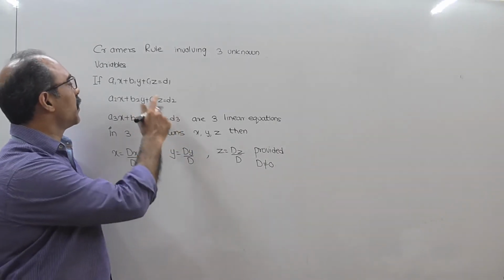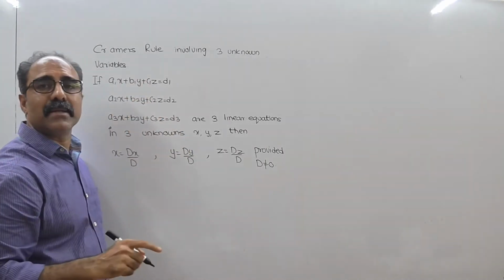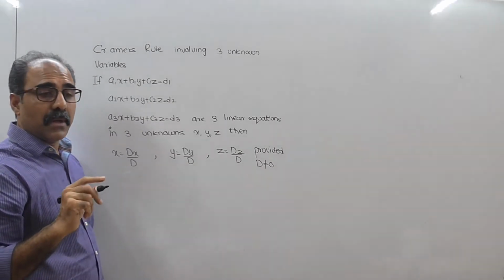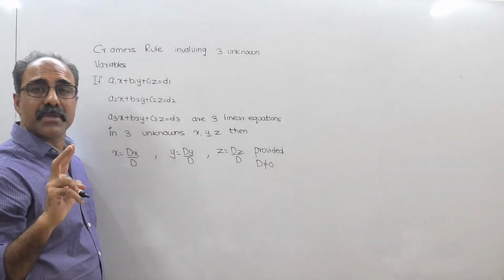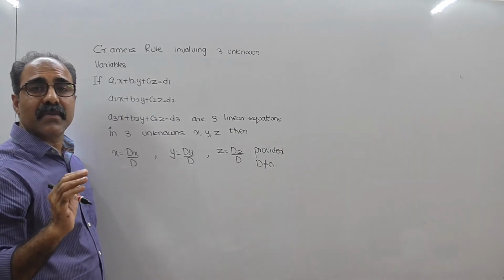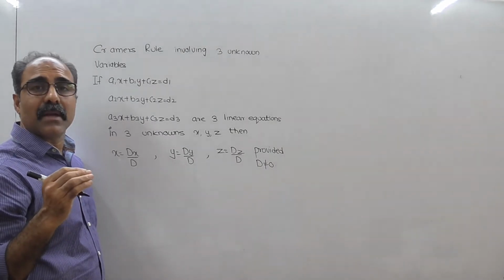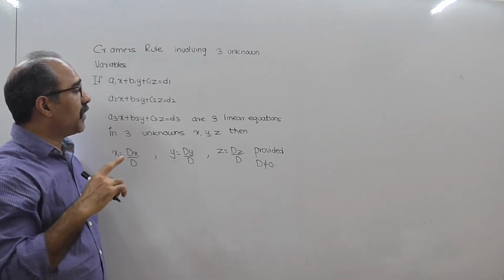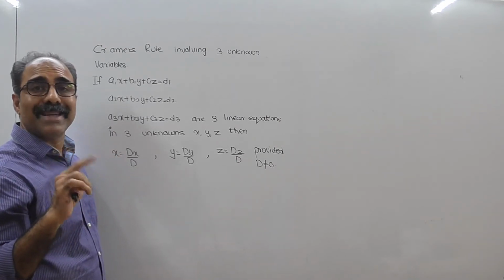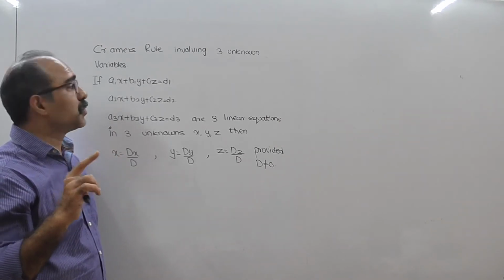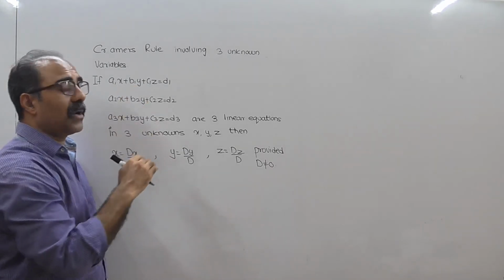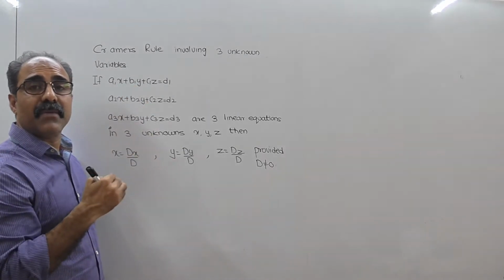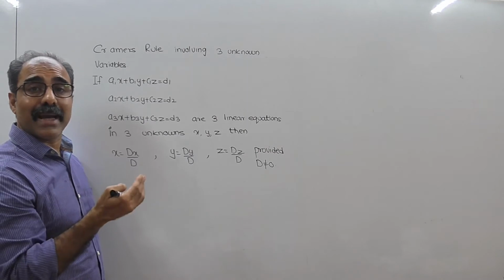These are all linear equations because the power of x, y and z in each of them is 1. If it is two equations and you have to find the values of x and y, I think you have done a concept called simultaneous equations where you can solve simultaneously. Even you have done Cramer's rule in 10th standard with reference to two variables x and y. Now this is an extended version where we are having three variables x, y and z.